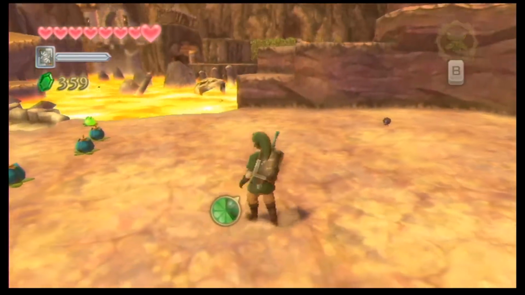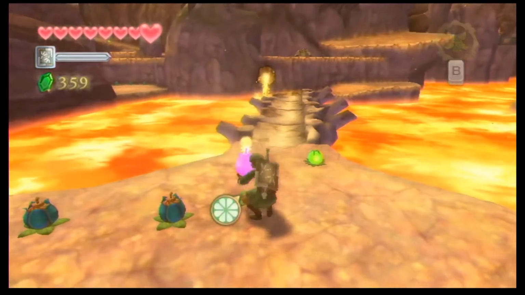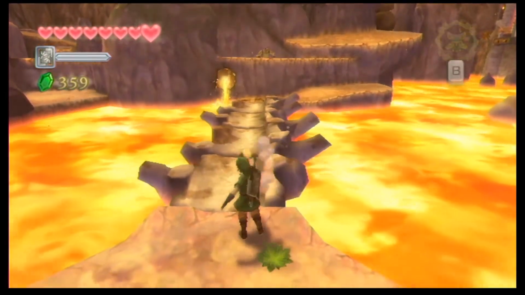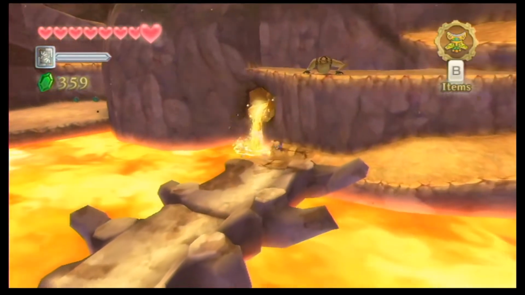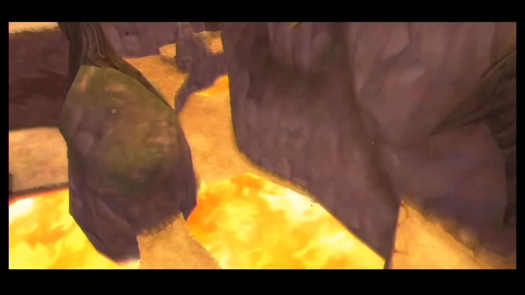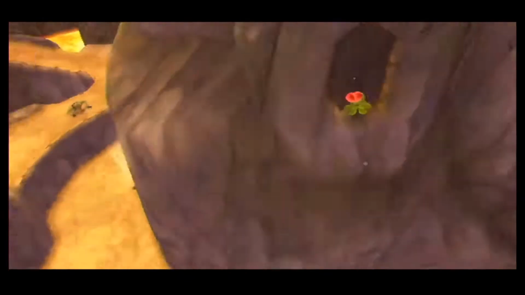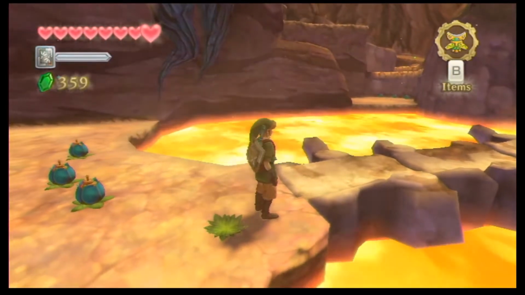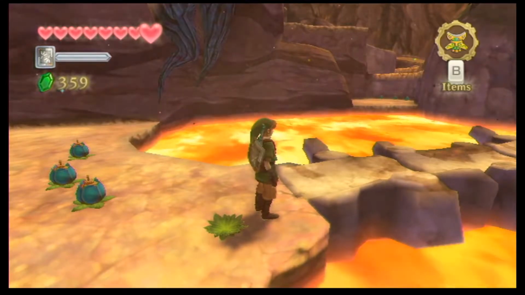Now you want to head across and you'll see a bridge that you can actually run across, but what you want to do is roll a bomb across, and you want to get it towards the other side so that it blows up the little rock formation that's blocking the lava. This will drain the lava that's in the pathway, which is what we want to move forward. So then you have to run across the bridge to get to the other side too. So make sure you do that,